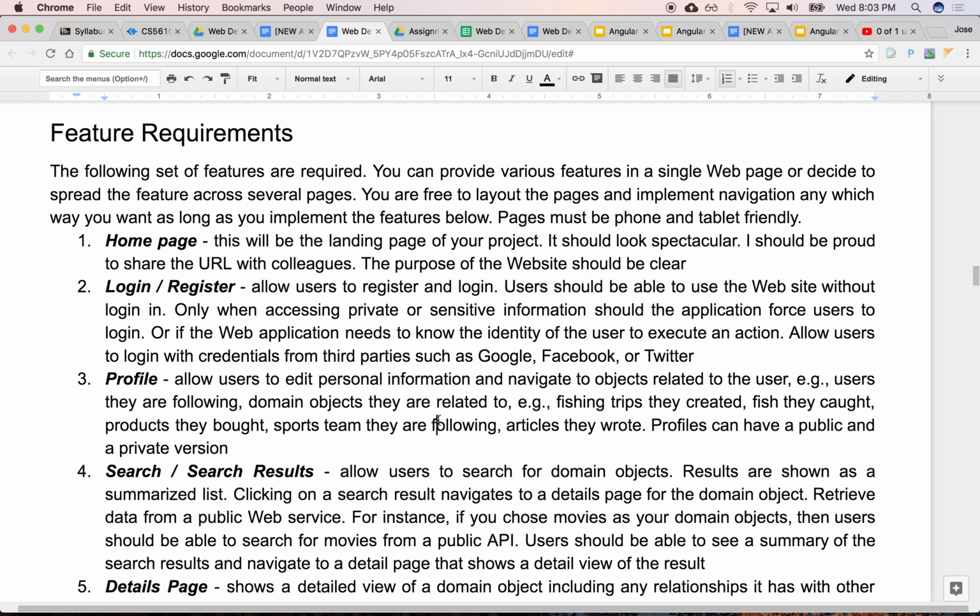There should be a profile page where I can change my personal information. From that profile page, I should be able to navigate to any content that I have created. If I've created a review or a comment or a recipe, or if I'm following a sports team or whatever, anything that is related to me, I should be able to navigate to it.